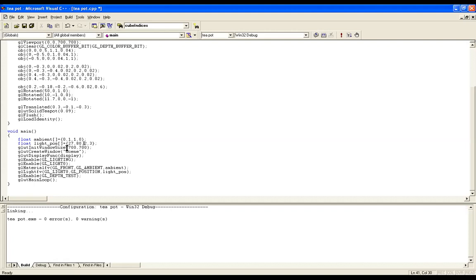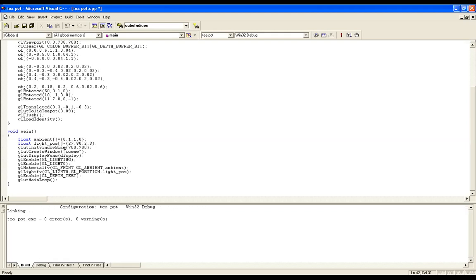Coming back, we have not defined the window position. If I define a window position 0 comma 0, it is going to start from here, not like a graph, and it is going to move the position of the window from here to here. But I am just declaring the size of the window, which is nothing but width comma height. 700 is the width, 700 is the height.